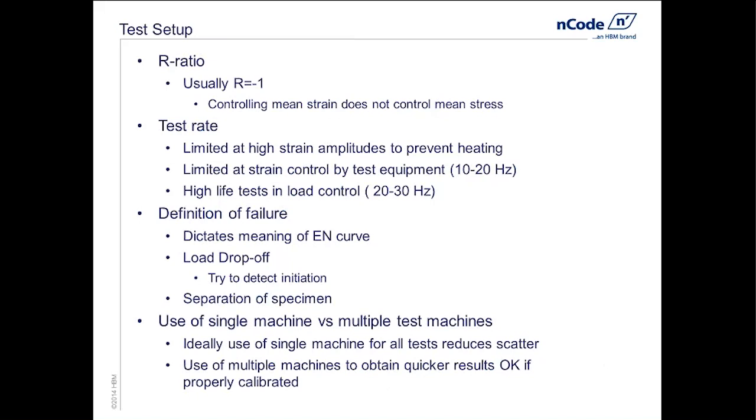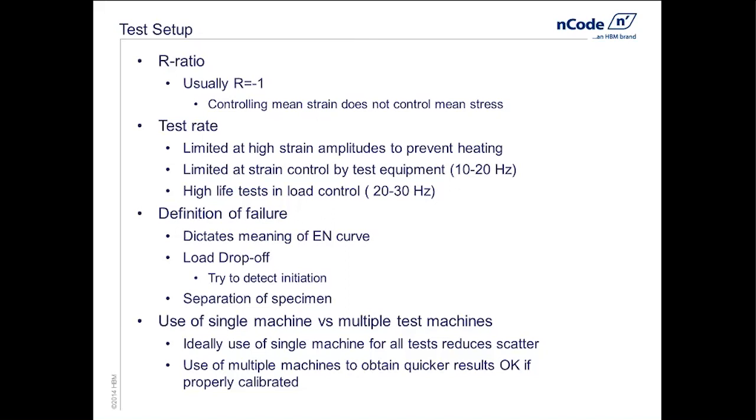And at the higher load tests, even if I were to run at a different mean strain value, the mean stresses will start to move towards 0. So there's no control of the mean stress by mean strain. So almost invariably, we're going to be running with a 0 mean strain, R = -1. With strain life,